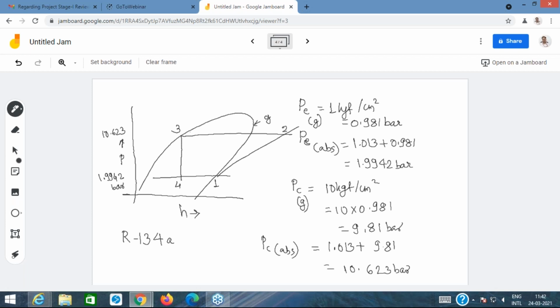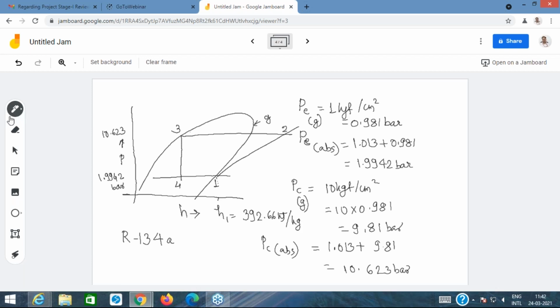That intersection of G line with the evaporator pressure line is your point 1. If you do this on the pressure enthalpy diagram, you can locate the point 1, and once you locate it, you can read the value of enthalpy from the pH diagram. That value which I have from the refrigeration tables or from the pH diagram is 392.66. So you can convince yourselves.